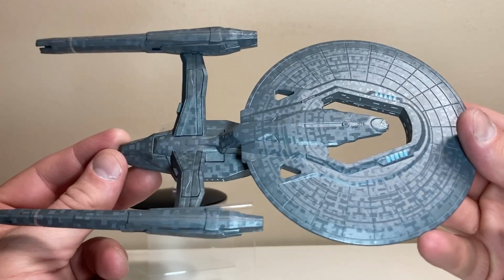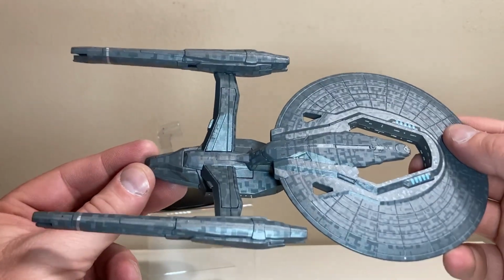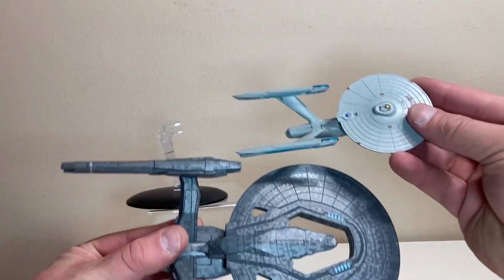Not much weight to it, yet again. There's really no die cast in this ship, so just something to be mindful of, as big as she is. And for a couple of comparisons, no, I don't have a Kelvin Enterprise, so we're going to have to do with the standard